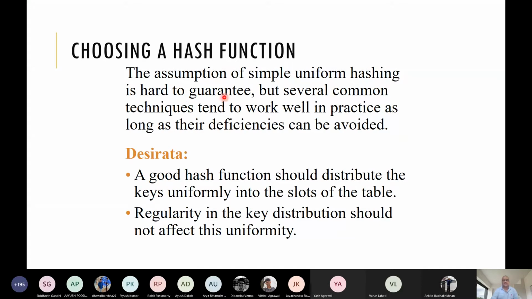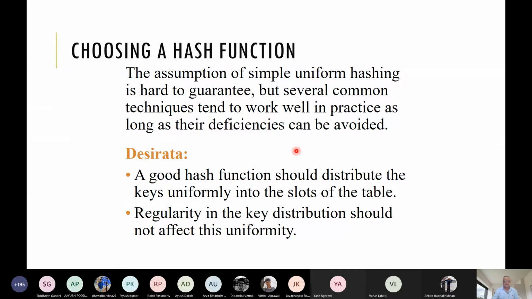But there are several common techniques which in practice we have seen could be a good construction. Those are all heuristics, not deterministic. We cannot prove that this will give a good mapping, because we have no control on the key set.